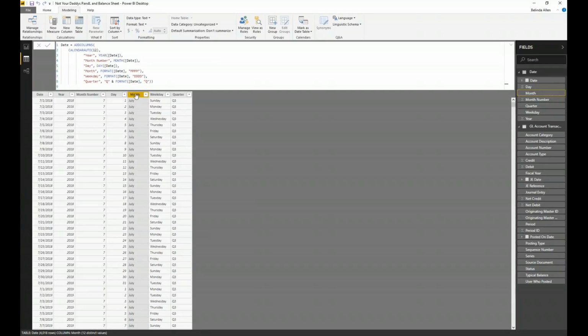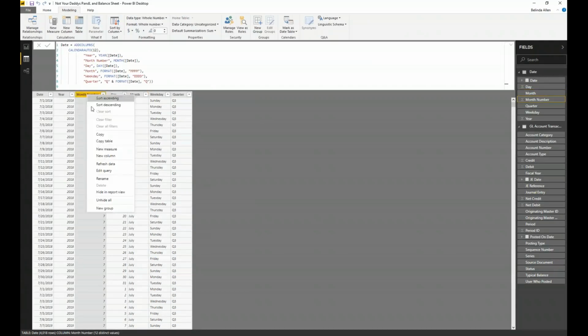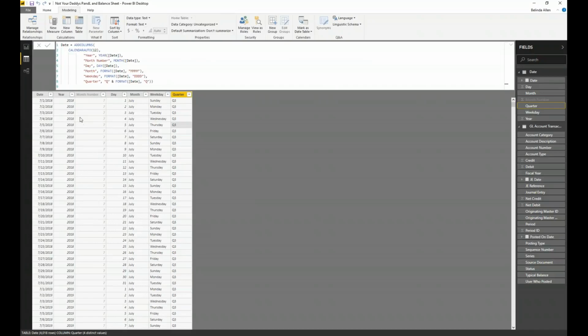and not alphabetically. So I'm going to highlight the month here. And again, under modeling, I'll choose sort by column, and I'll choose sort by month number. And now it'll sort chronologically by this month number. And now I'm going to just right mouse click on this and hide that month number in my report view, because I would never need to use it. And you'll notice that it's dimmed out, so I no longer see that. And I might want to do the same thing with the weekday if I wanted to use weekdays. But I always use the same script. It's really easy to copy and paste into any Power BI table that I have. So now I have that all set up.